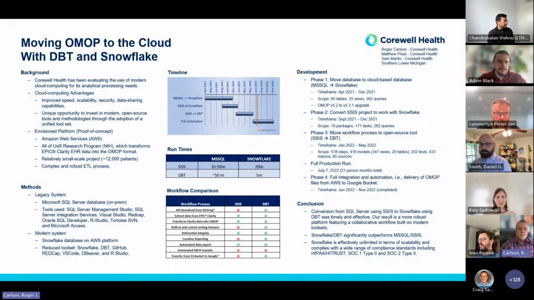So our OMOP instance was special purpose built for a network study called the All of Us Research Program, which was funded by the National Institutes of Health here in the U.S. And for it, we enrolled about 12,000 patients. Our legacy system, since we are a Microsoft shop, our legacy, and I should say our source is Epic. So we were sourcing it from Epic Clarity. And since that was in SQL Server, we built our OMOP instance using SQL Server and SSIS, SQL Server Integration Services, as the